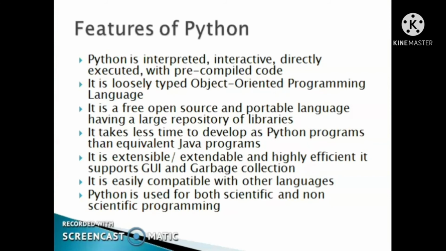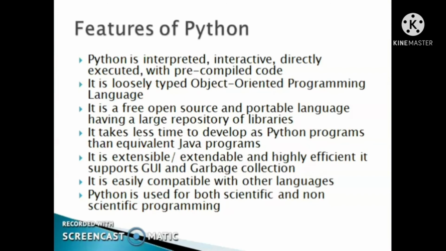It takes less time to develop Python programs than equivalent Java programs. This is because of its built-in high-level data types and its dynamic typing. It is extendable and extensible